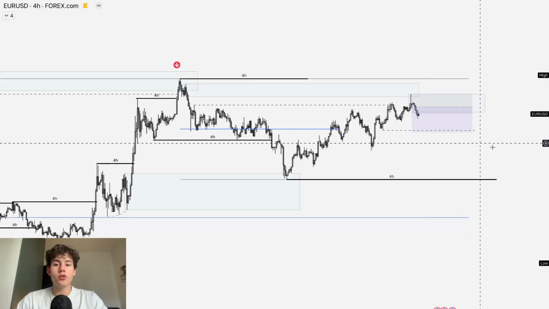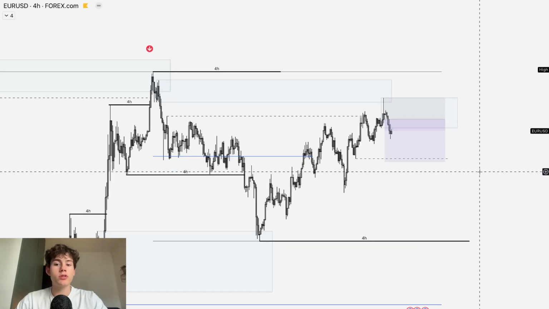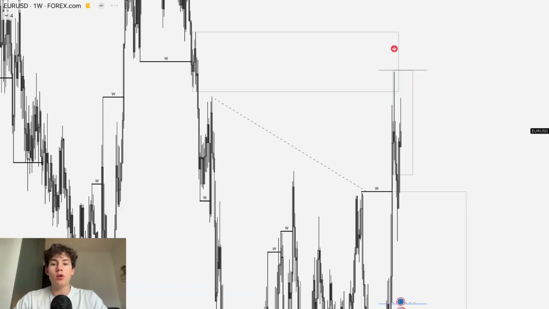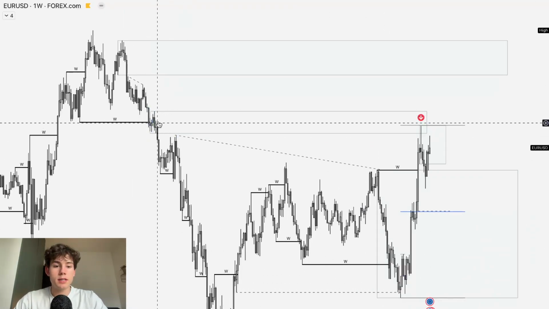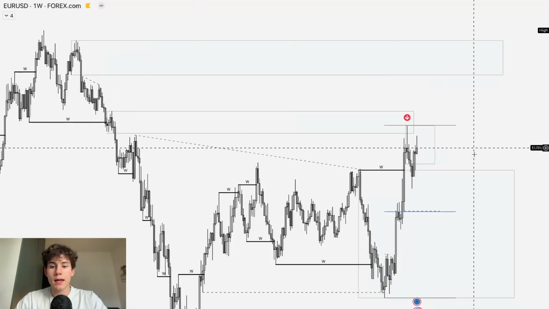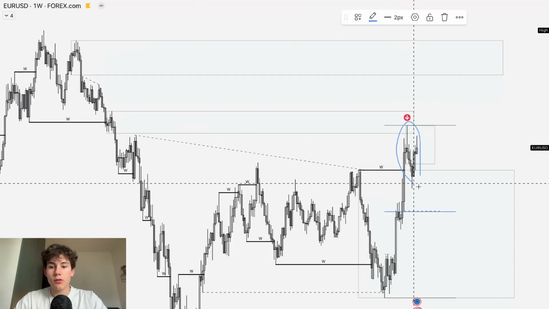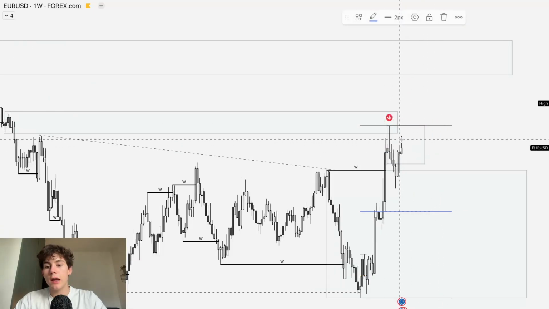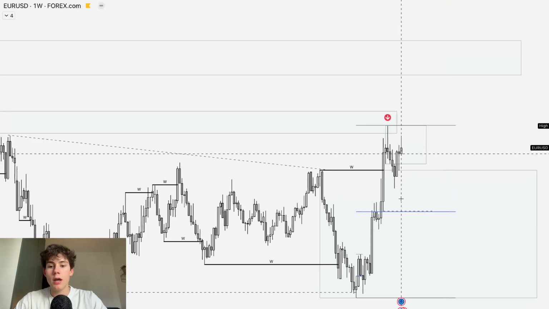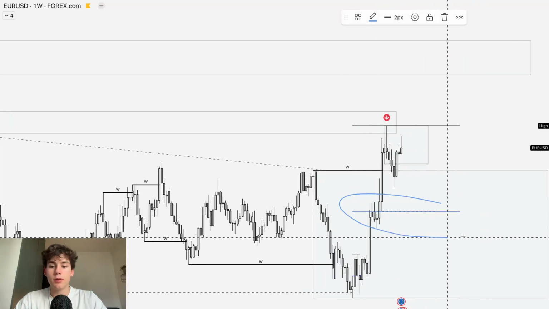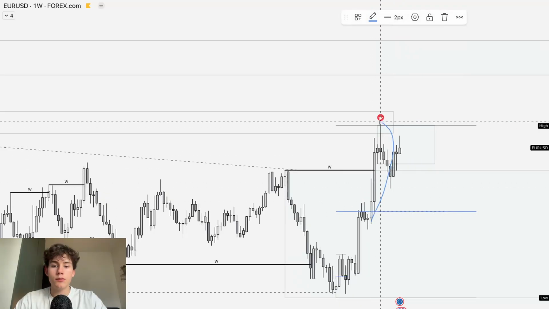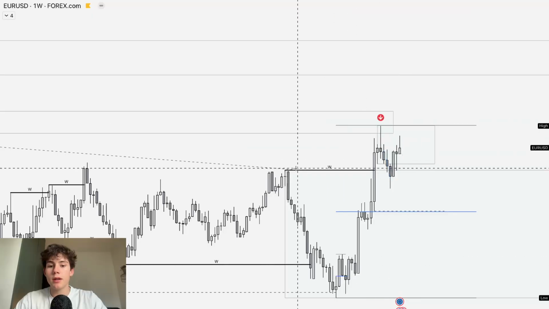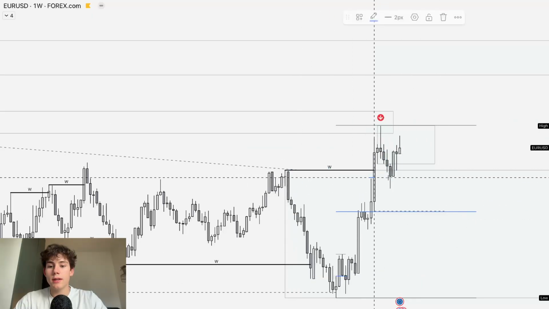So going over to Euro USD, in my opinion, we could start to look for shorts in towards that liquidity. Why? Well, if we take a look at the weekly time frame, we tapped this supply zone, we grab liquidity above this high, and as you can see, we already made a reaction from that point, but we created a new supply zone, and from here I'm looking for a further push down lower to take some liquidity and tap the discount prices. If you look at this move up, there's no liquidity, so we just reacted from nothing, in my opinion, just this demand zone, but no liquidity got taken out.